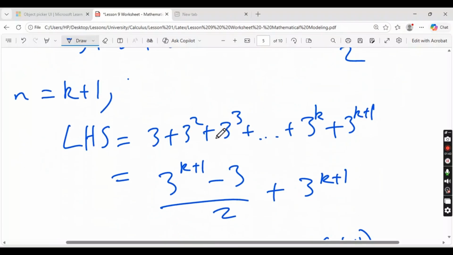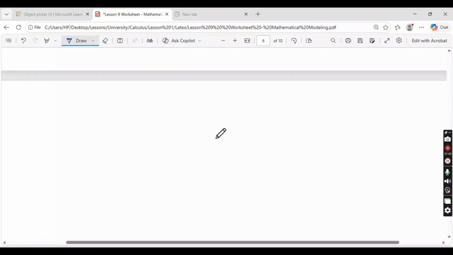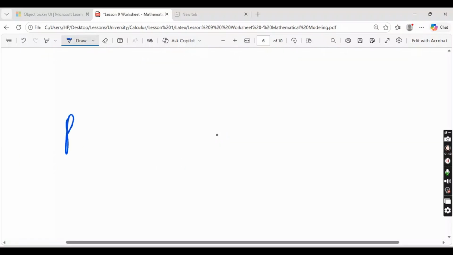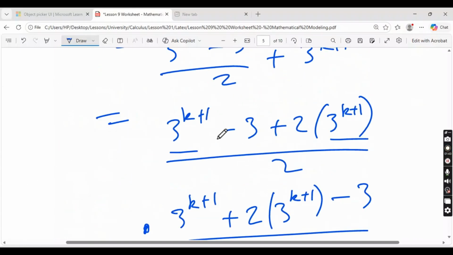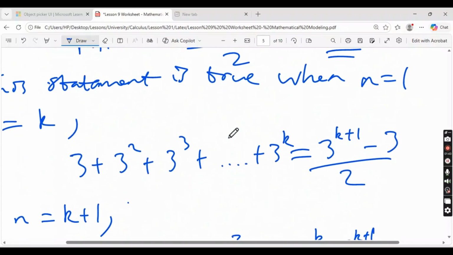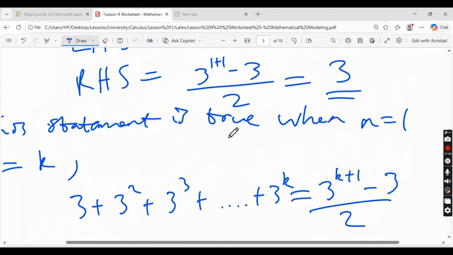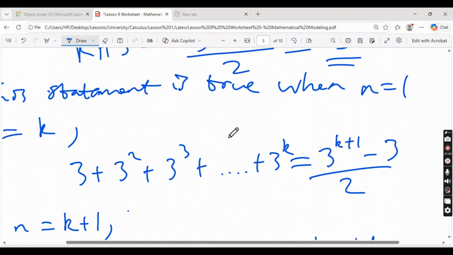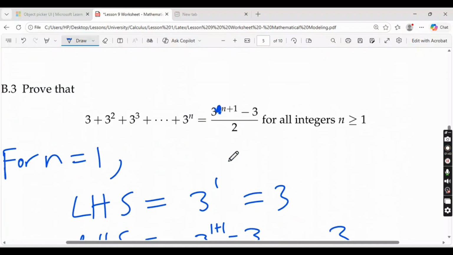If you want to know which answer you are going to, you actually use the right hand side. Okay, so let's do the right hand side. So the right hand side is equals to